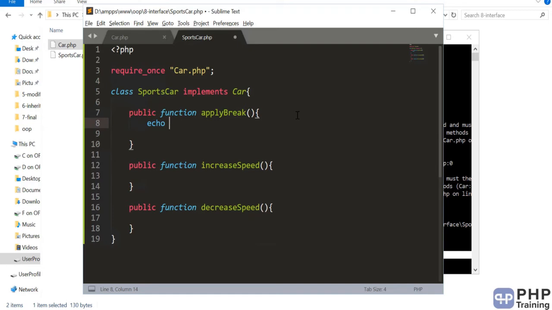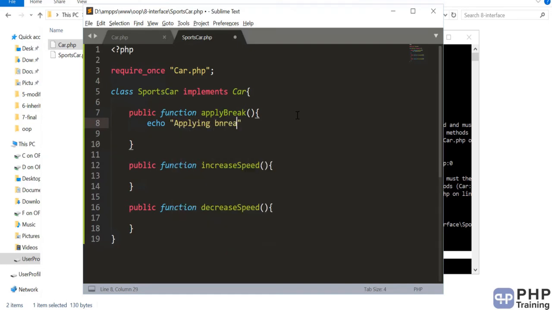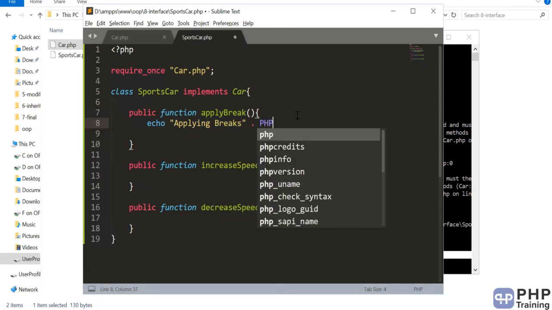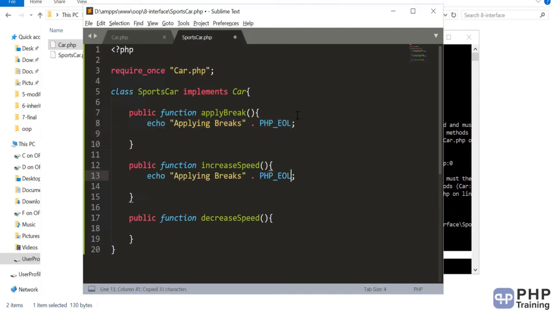Now you write the echo statements here to say applying brakes, and decreasing speed.